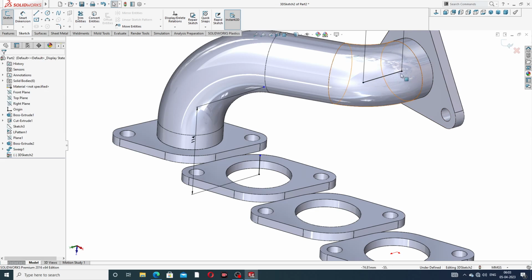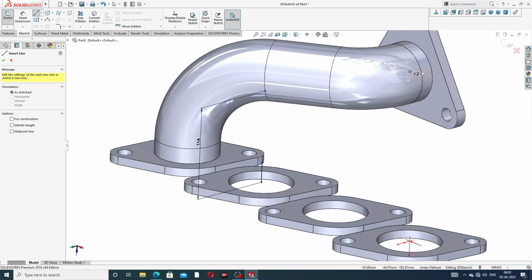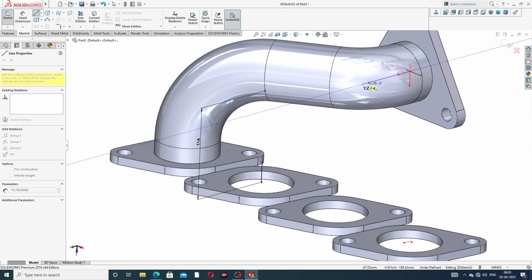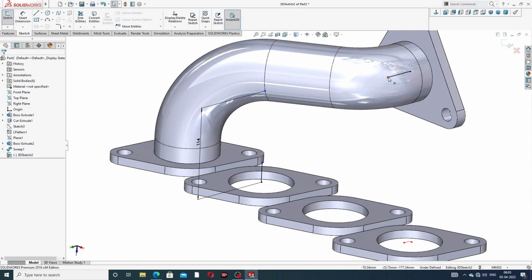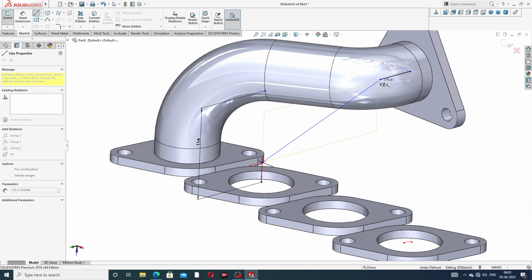This line is not delete here, and use this, and this center is a okay, okay, this is use this. Okay, and again select this to this, connect to this,